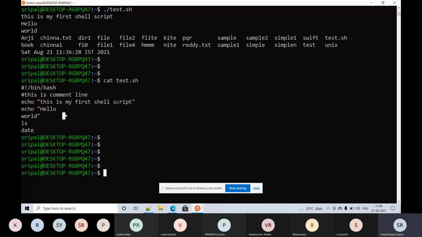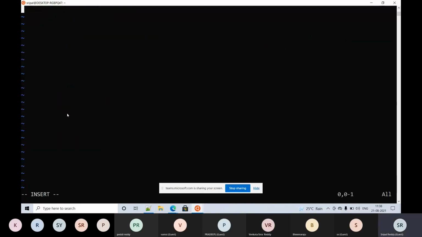Okay, let's write another shell script. Here I'm going to use different commands, different comments, and probably include a few other commands in the same line itself. First, again, I'm giving the shebang line.